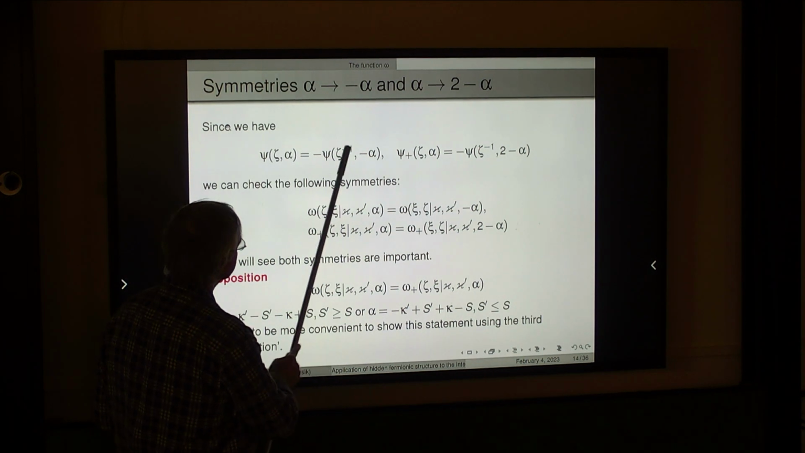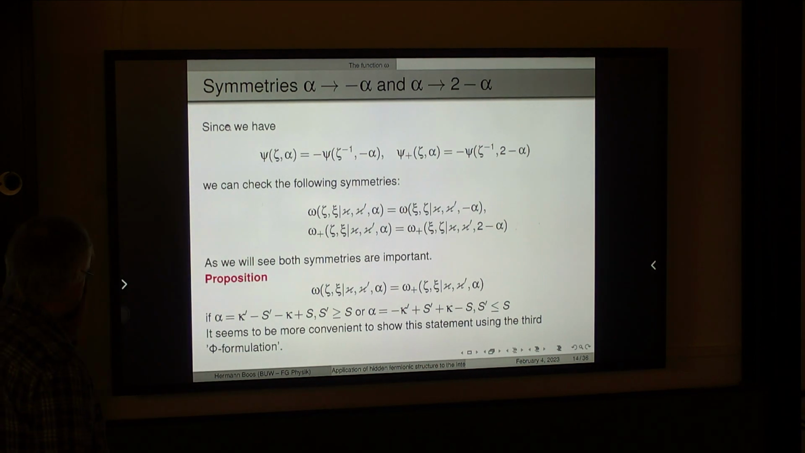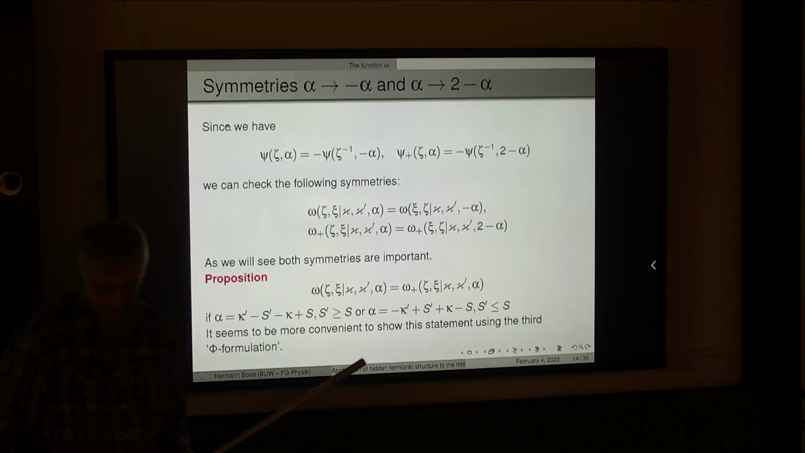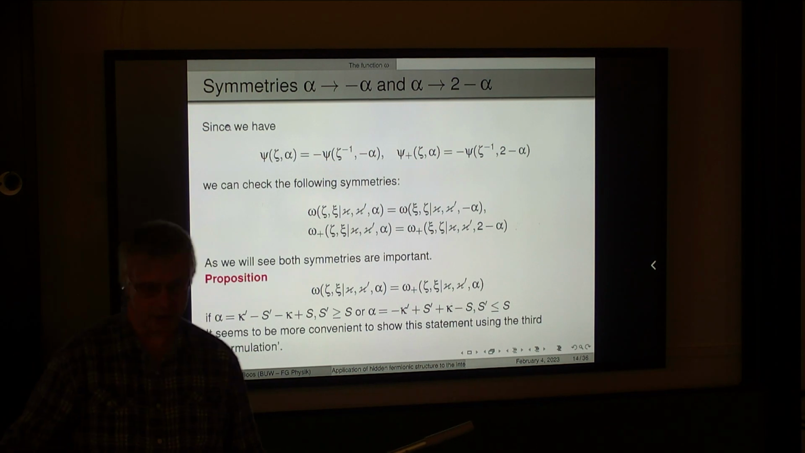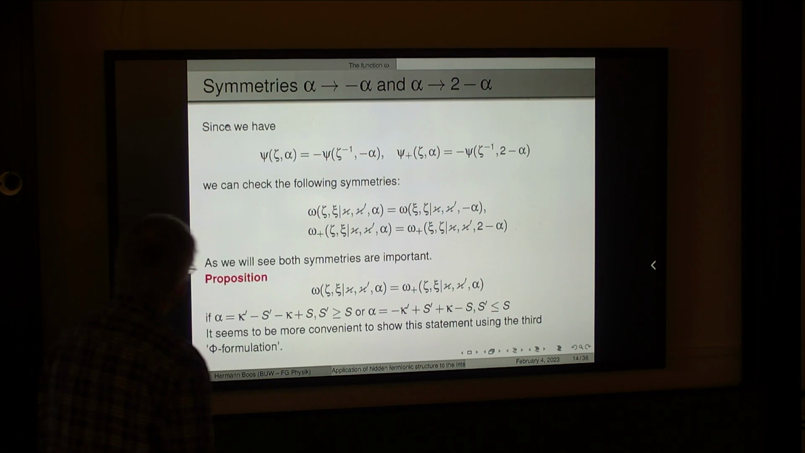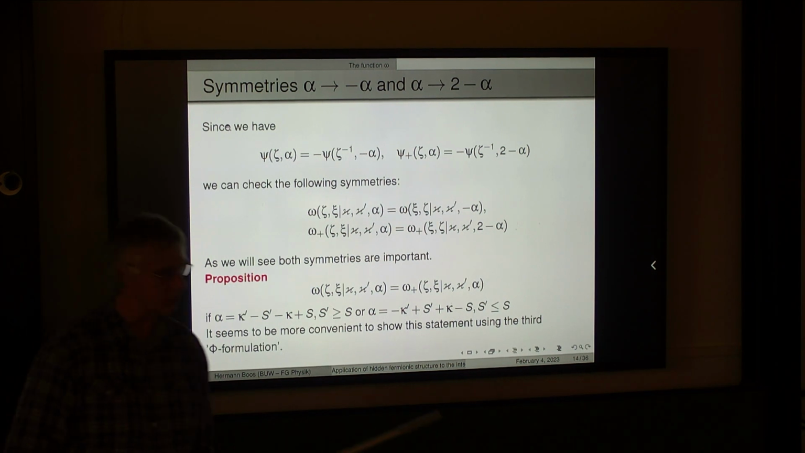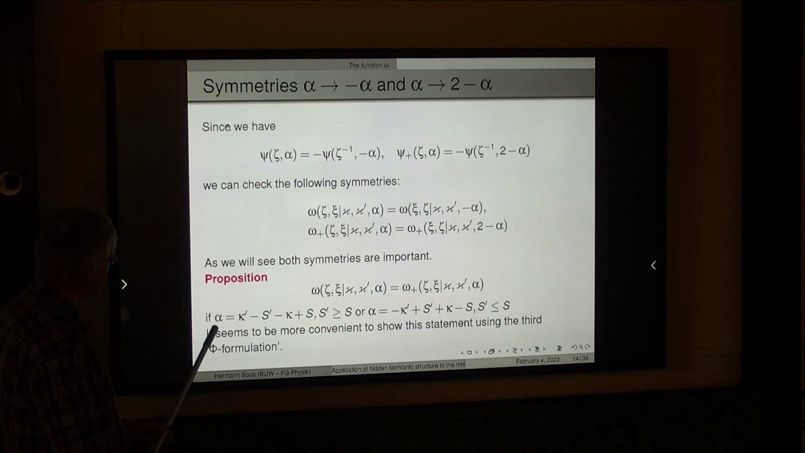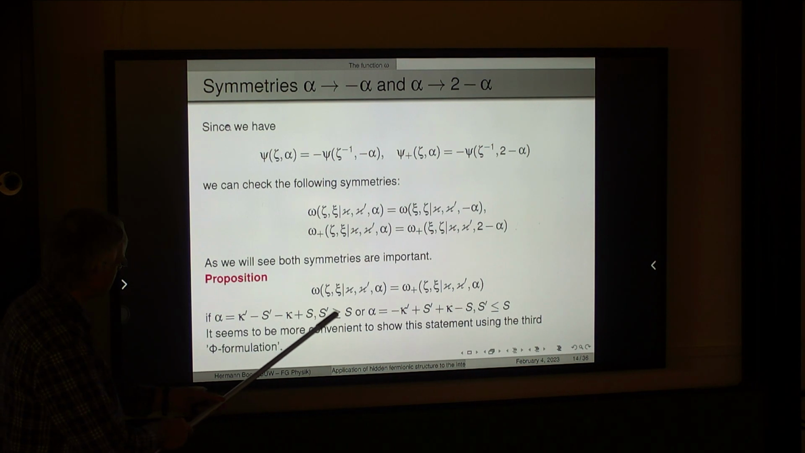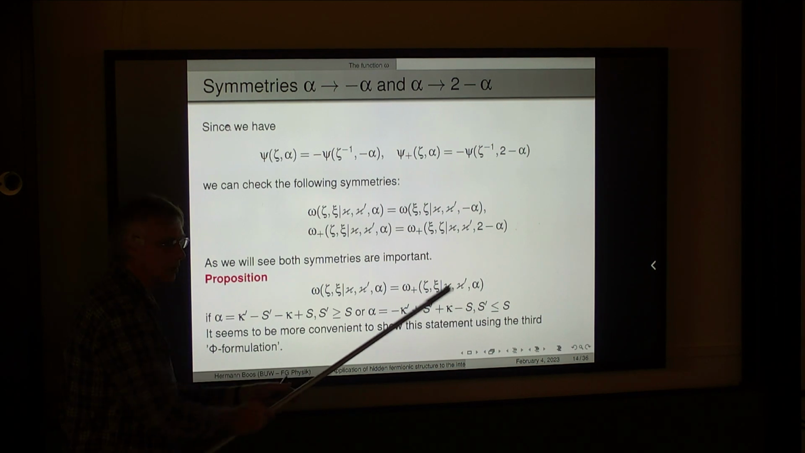Because of this simple formula, this would be psi plus. As we just saw from Fedor's talk, both symmetries are important. They correspond to these reflections. And that's why the equation is when these both functions are equal to each other. And the proposition tells us that it is so if alpha is this, when s prime is greater or equal to s, or alpha is minus this, when s prime is less than or